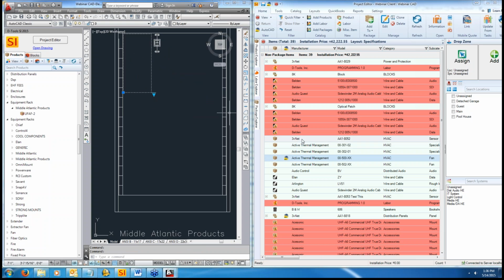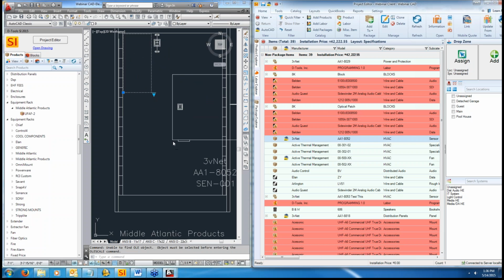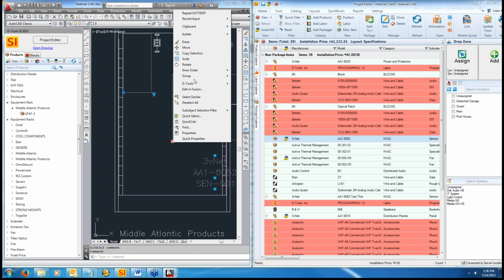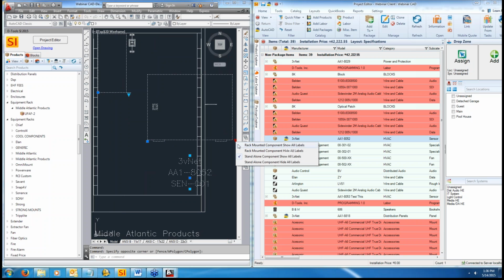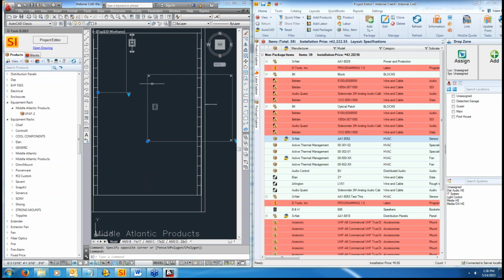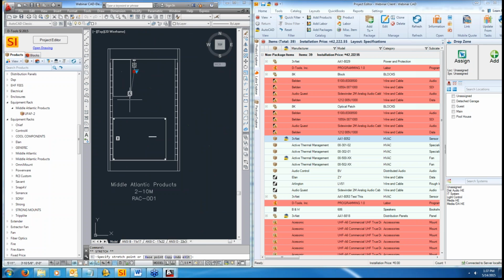So let's try putting in another device here. And let's set this to also be rack mounted as well. Rack mounted, I like to hide labels. I don't like the labels too much. Let's do this here. And let's stick it there. Actually, I don't like where this fan is either. I'll put the fan there. As you can tell, I don't build racks. But basically, you can see,